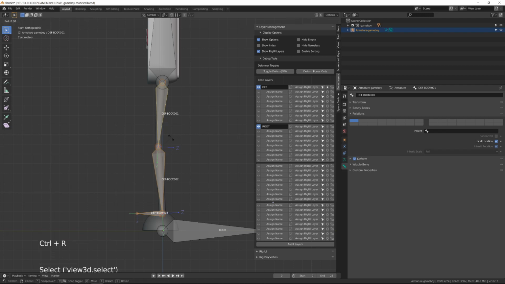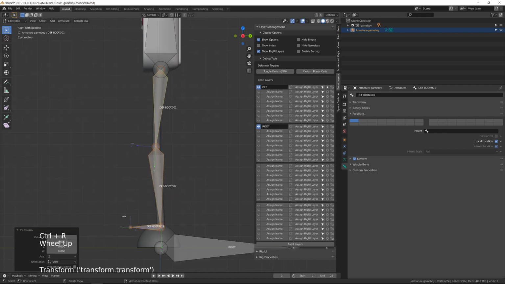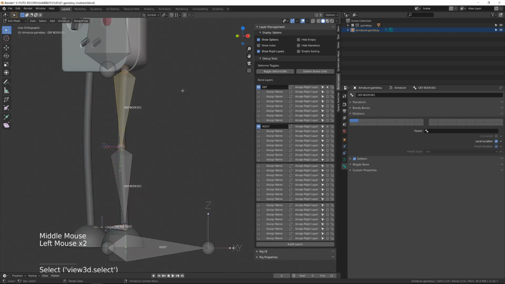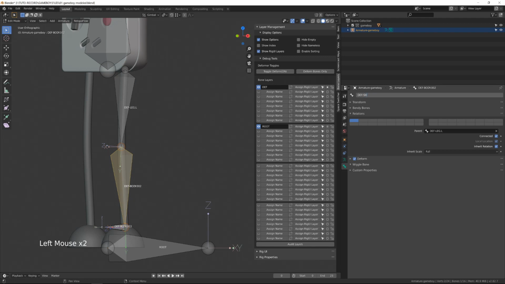Since I want the foot bone Z-axis to be oriented up and the leg Z-axis to be oriented forward, I will press Ctrl R 180 so that they will rotate on their Y local axis by 180 degrees. This is called the bone roll, whenever you are rotating a bone along its Y axis. This doesn't mean you can make rock and roll by rotating a stone on its local Y axis.